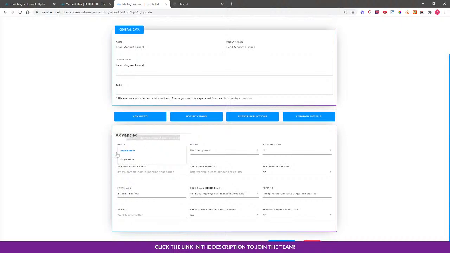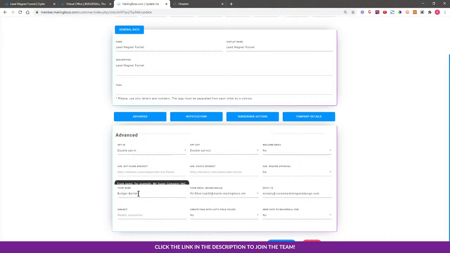So I always recommend using a double opt-in. Okay, so we're going to go ahead and just choose this as a double opt-in. We're not going to really talk too much about these sub redirects because I'm going to show you another way to do that I think makes it more clear. And then you can also choose a welcome email, but instead of choosing yes to add a welcome email, I just like my first email in the sequence, since it's going out immediately, I just like that to be my welcome email. Okay, so I'm just going to leave this as no,